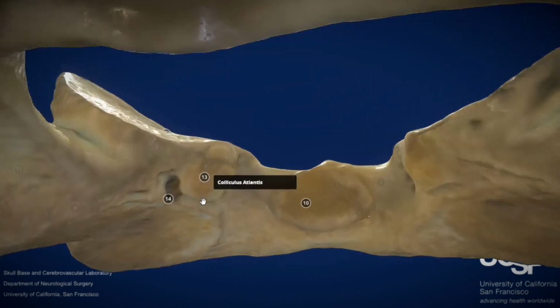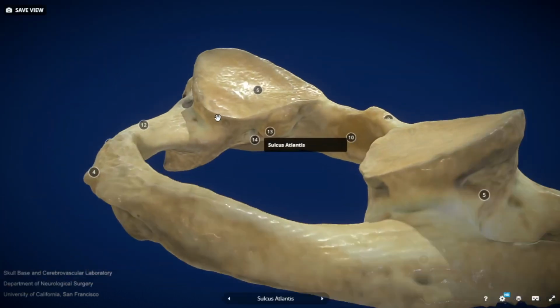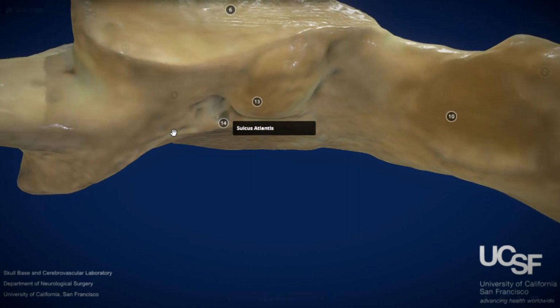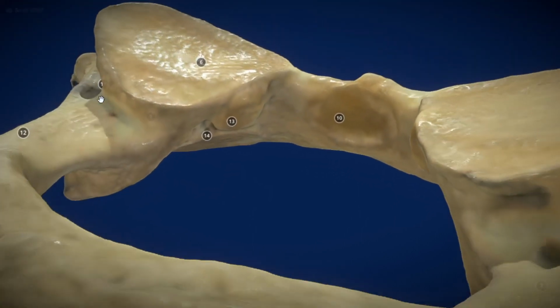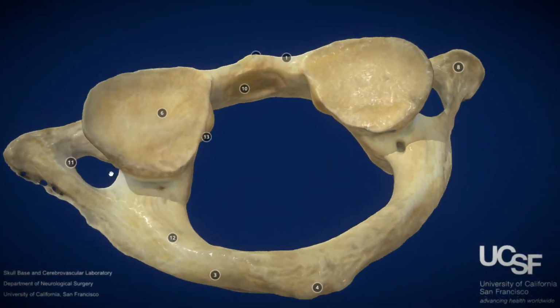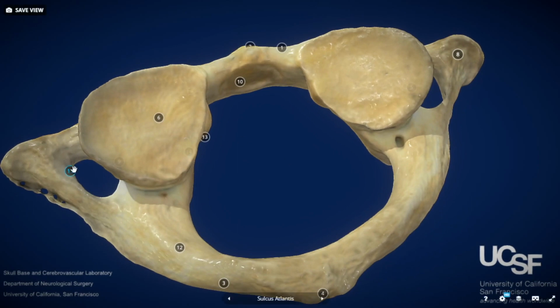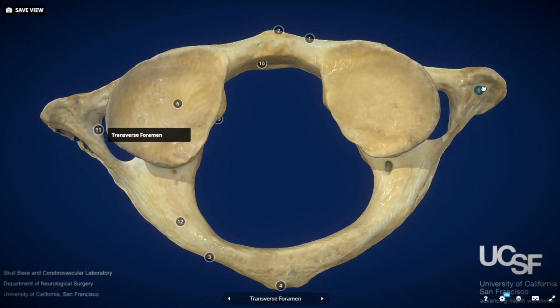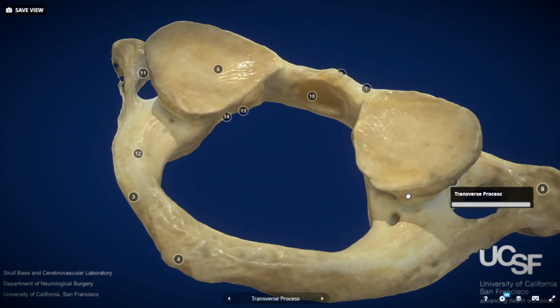Posterior to the colliculus atlantis, we have the sulcus atlantis, that is a foramen where a branch from the vertebral artery is going to be traveling through, and is going to be providing blood supply to the lateral masses of C1. Lateral to the lateral masses, we have the transverse foramen,